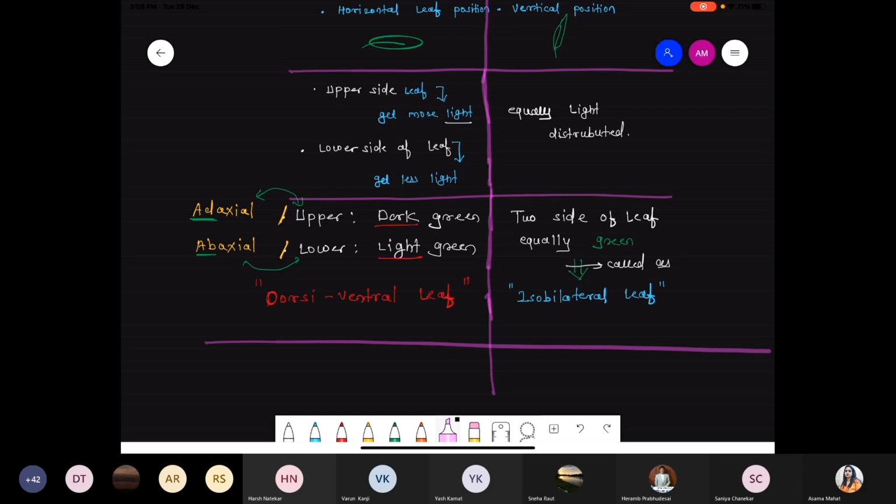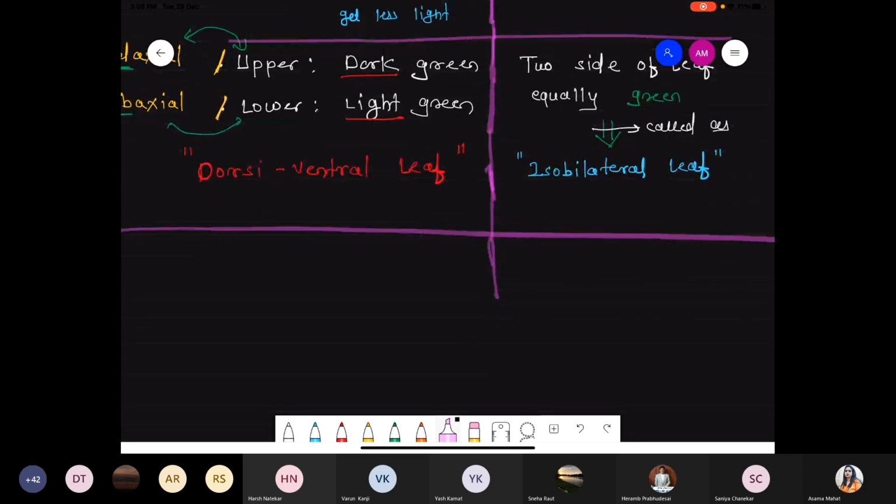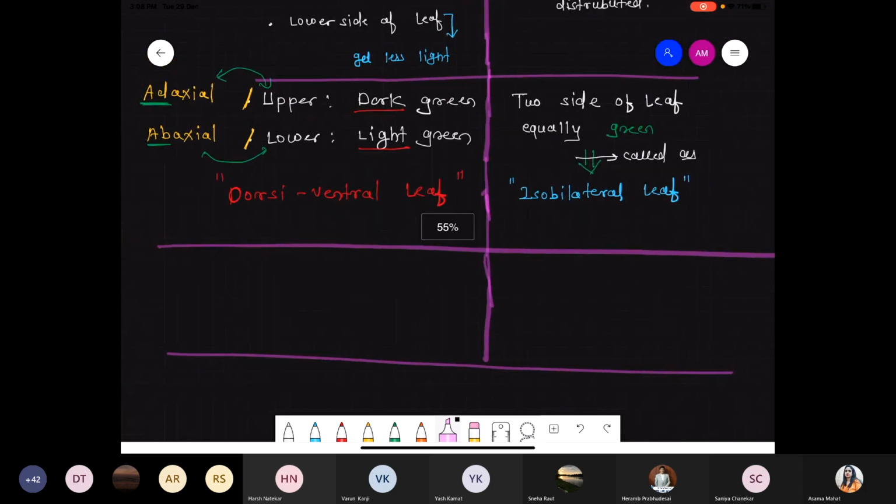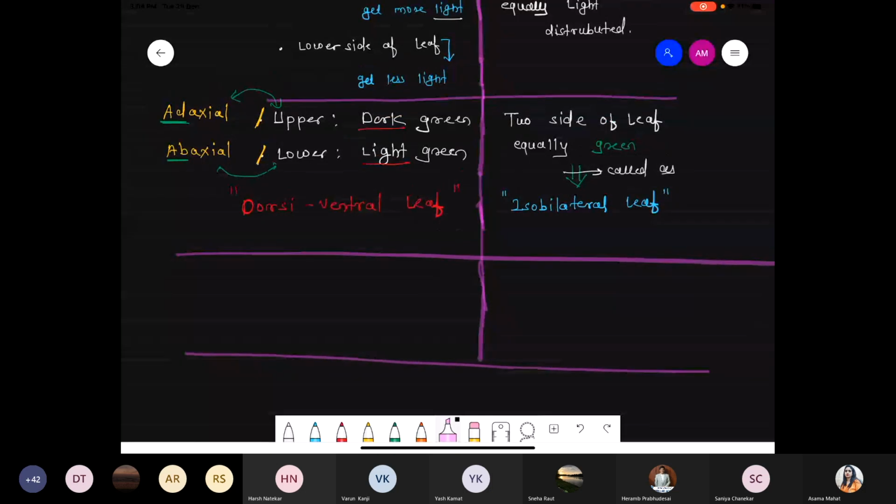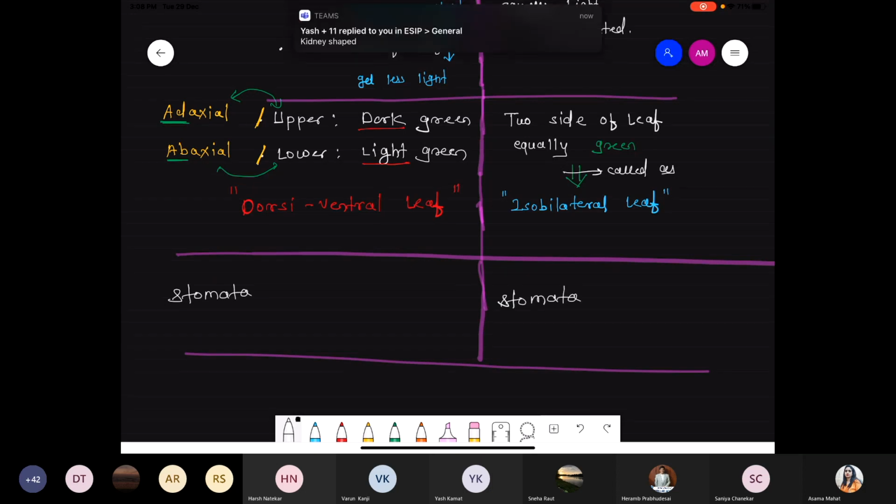Okay, chalo. Now next point, shape of this stomata. So quickly tell me in case of the dicot and the monocot leaf. In case of the dicot leaf, what is the shape of stomata? जल्दी से बताओ, stomata shape क्या होगा? In case of the dicot as well as the monocot, quickly tell me.